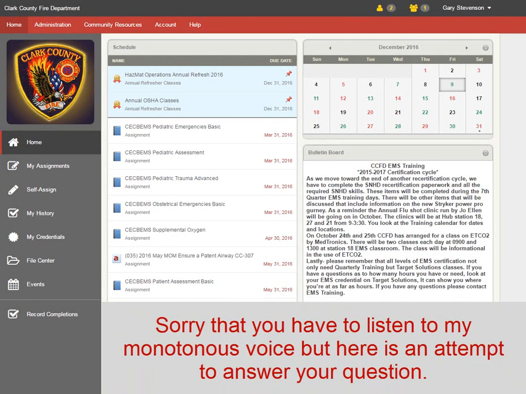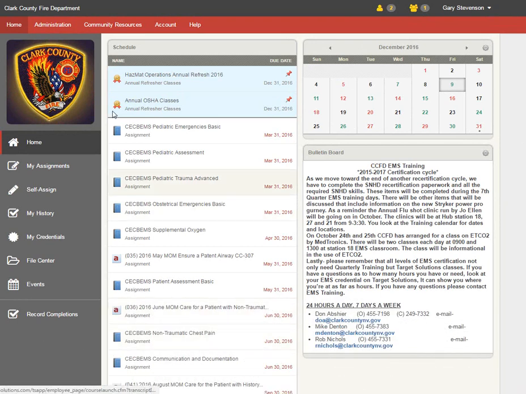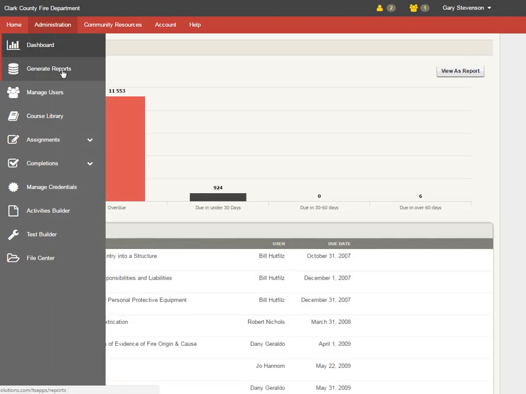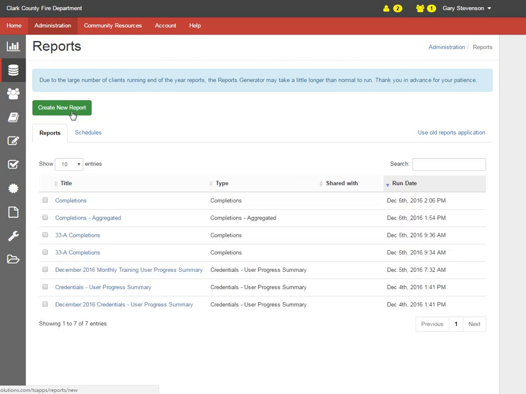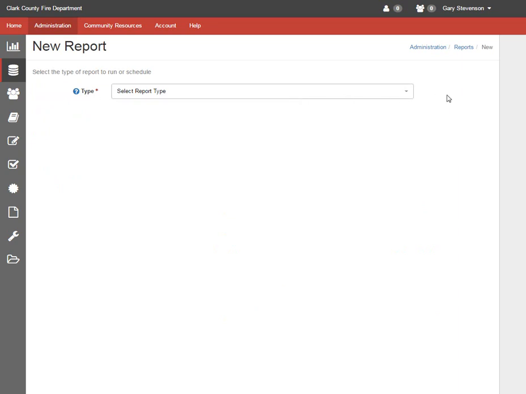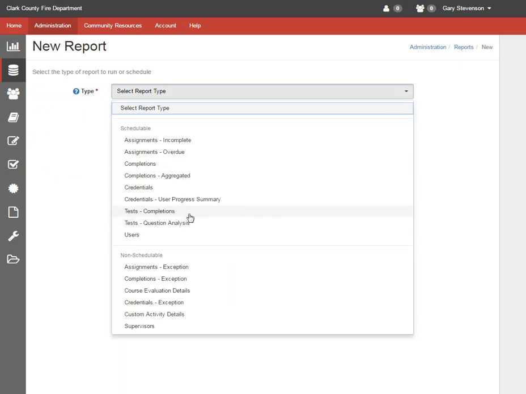To answer your question, no, you really can't access their trackers, but what you can do is run a report. So after you log into Target Solutions, click on Administration, generate reports. Click New Report. And then from the type drop-down box, you want to choose Credentials User